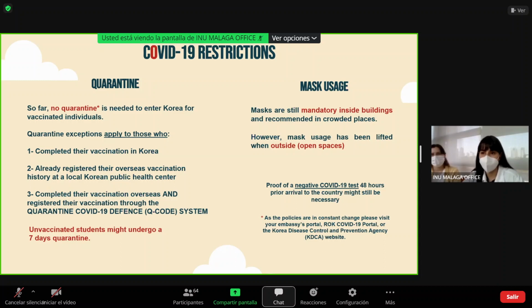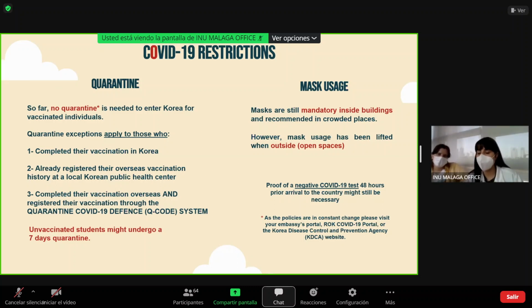If you have more questions regarding this, please ask directly the international office. They will let you know step by step how to do this, or also your own country's consulate will let you know too. In case that you are an unvaccinated student, then possibly you might undergo a 7 day quarantine.